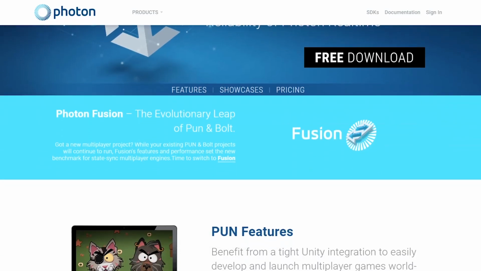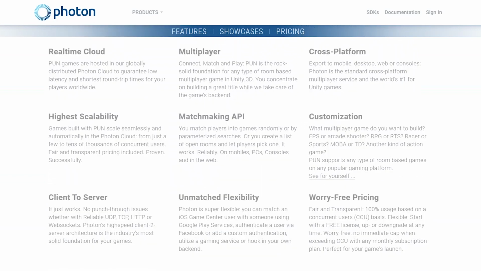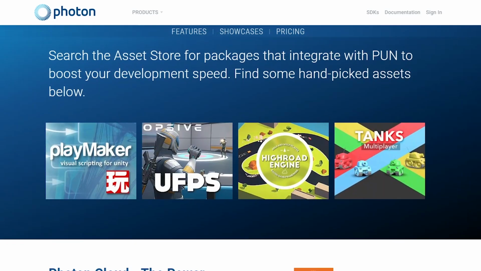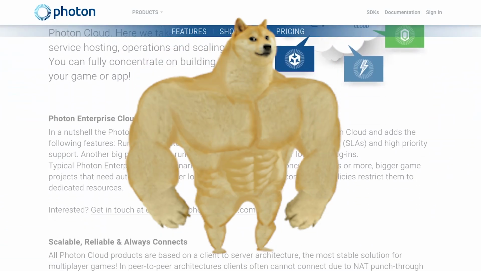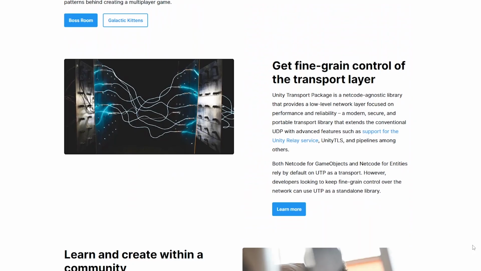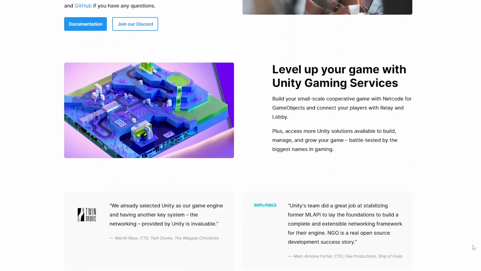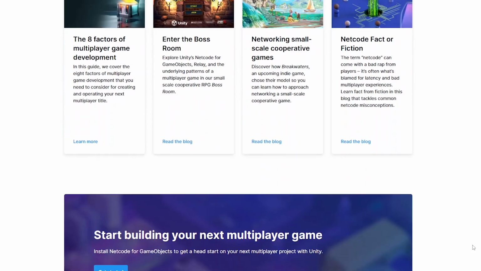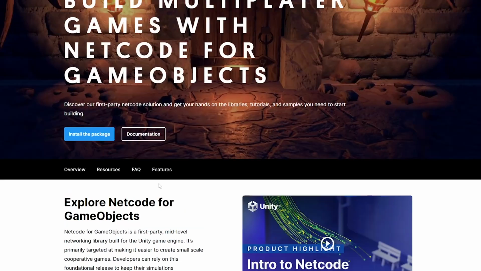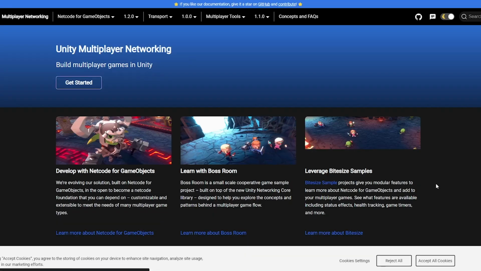Now, to be honest, I've never used any of these libraries because I've always written the networking layer myself from scratch. And while that might make me sound like an absolute gigachad, it's actually just because for the longest time I didn't really know what any of these libraries actually did. So if you're starting out making multiplayer games, I suggest you save yourself some time and use a networking library. Consider checking out Netcode for Game Objects, since that's the official Unity multiplayer solution.